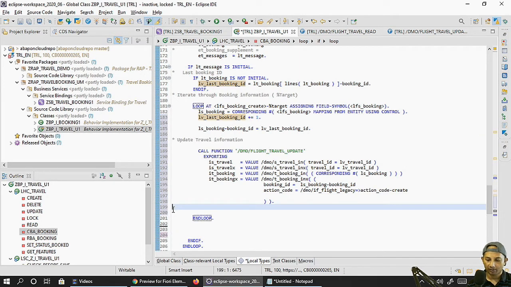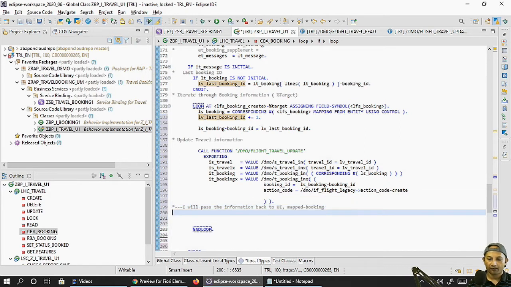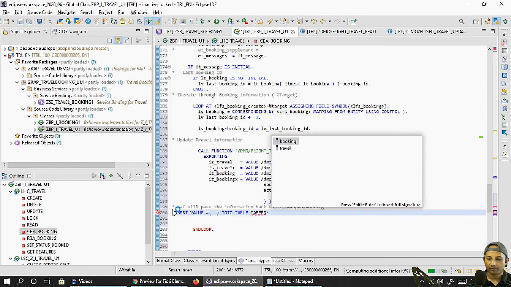So let's go back. For that we have to do insert, right, value, and we have to input this into table mapped, and we have something called booking, right?